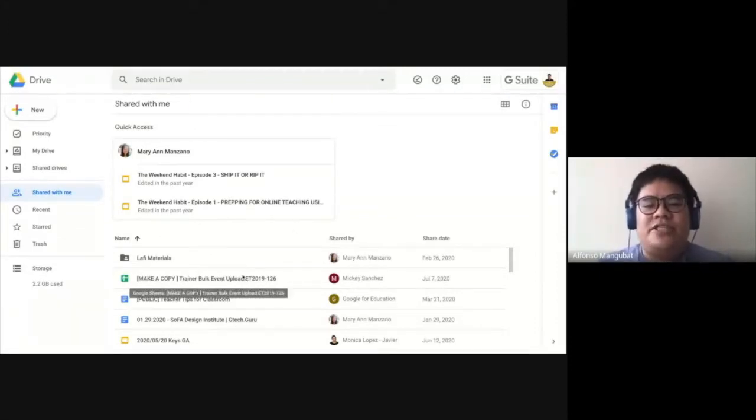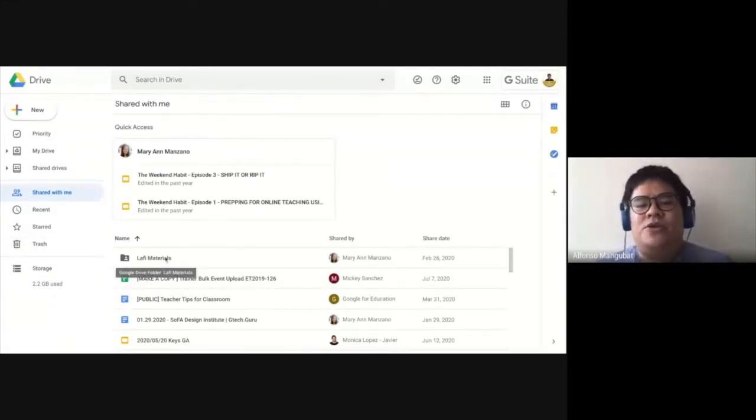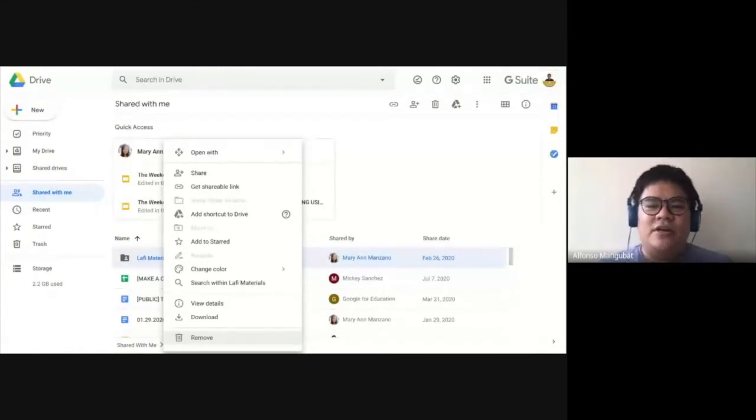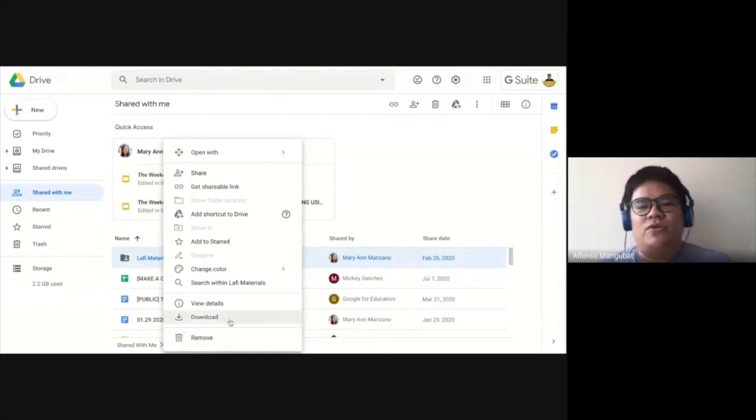I would suggest that you do not clean your Shared with me, because if you do, let's say, remove this from your Shared with me, then you will lose access to that file. So definitely with the Shared with me, as a person who's been using Google quite a lot, I seldom clean this up, because there would be files that are still connected with other organizations or in different projects